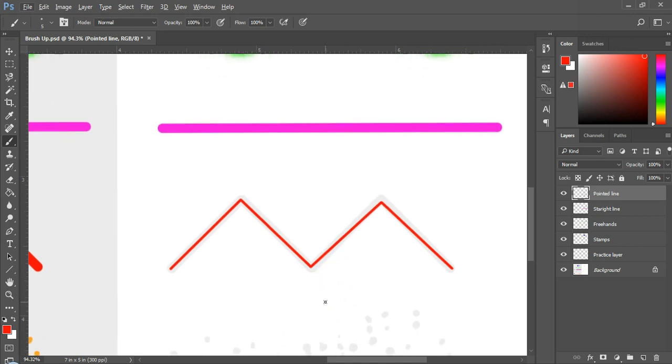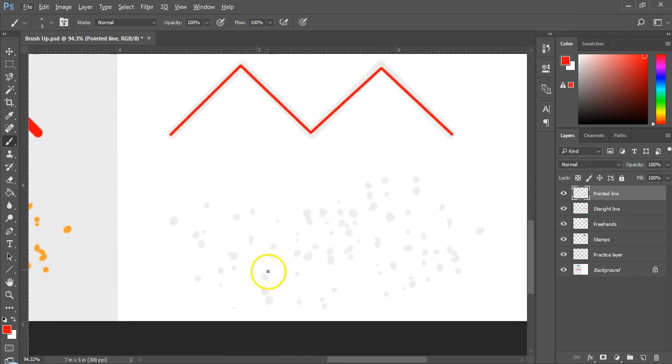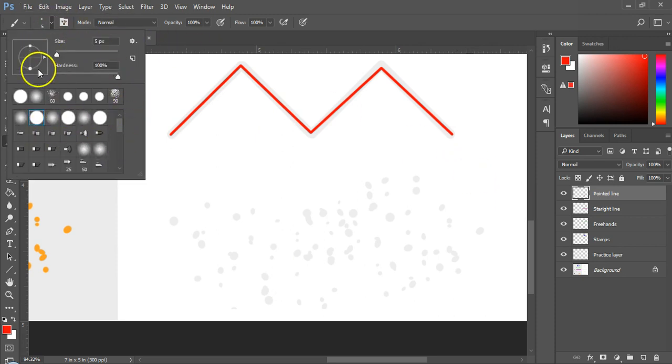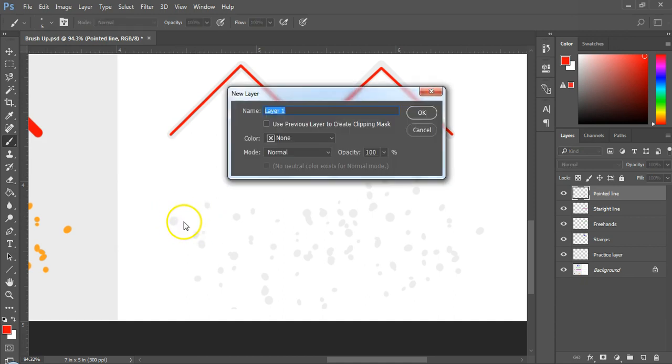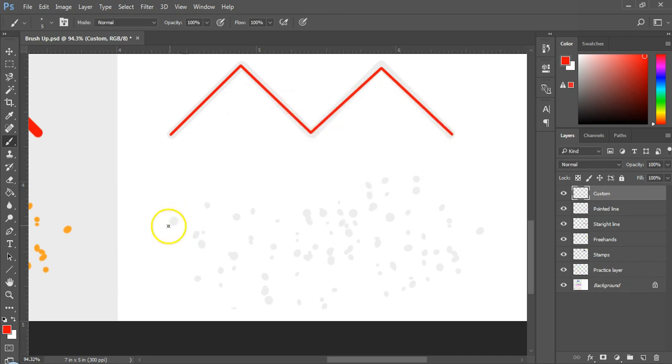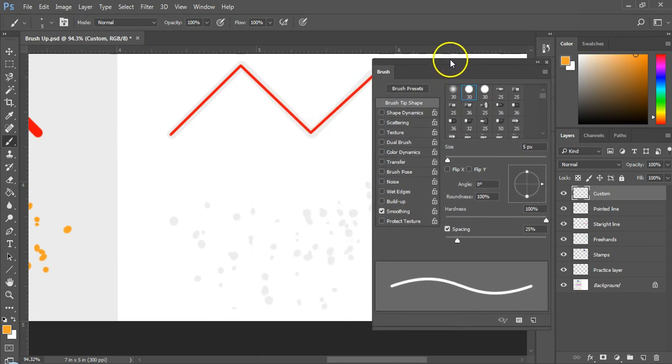Now for the last task, we will create our own custom brush. Up until now we have used the brush presets with little variation to their sizes. But you can make and customize brushes quite drastically in Photoshop. Let's begin by creating a new layer and name it as custom. Pick the color for the custom brush from the left hand side with eyedropper tool. Now it's time to move ahead from the brush presets and click on the little folder icon on its left on the control panel. This will pop up the brush panel.